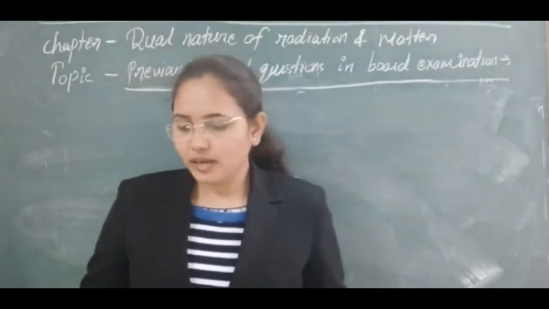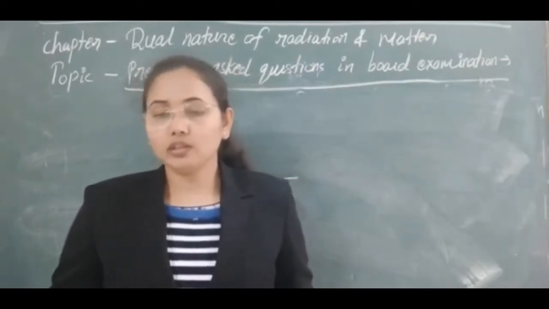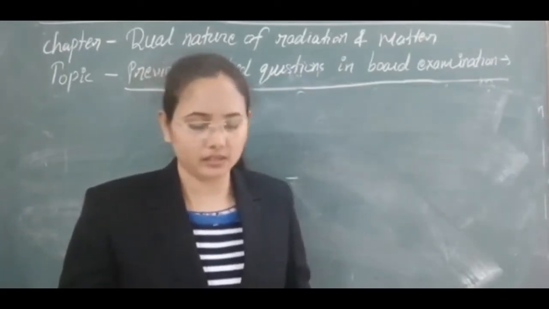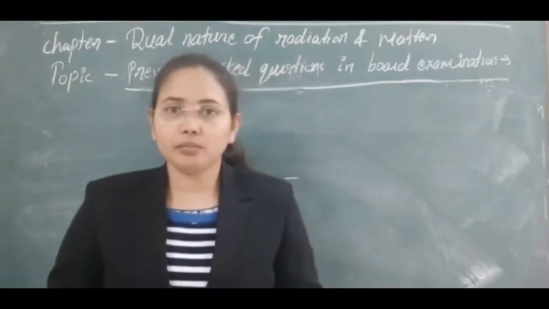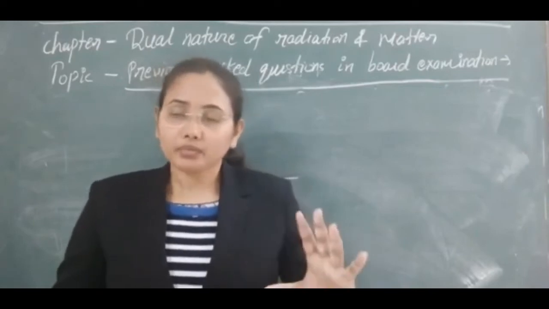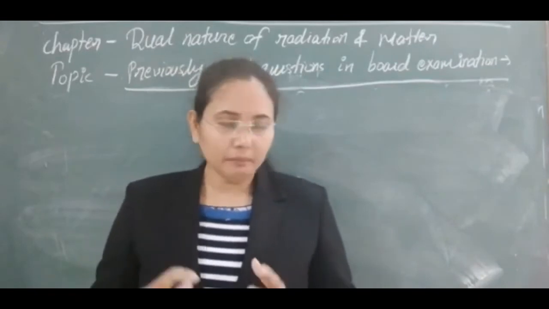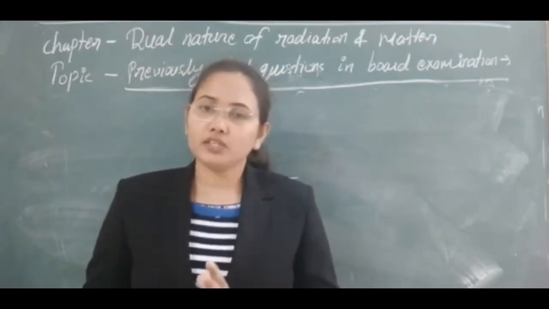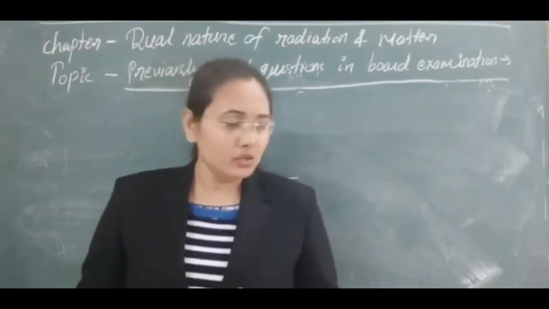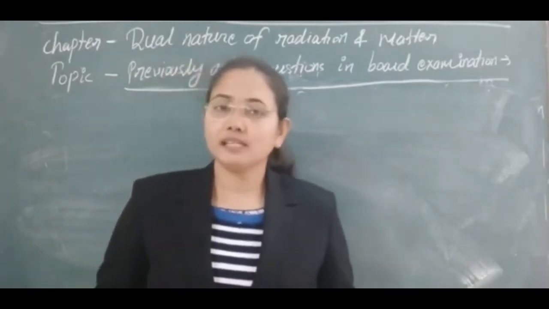Here one question is: write 3 characteristic features of photoelectric effect which cannot be explained on the basis of wave theory of light, but can be explained only using Einstein's equation. So this is also a conceptual problem. As we have discussed Einstein's photoelectric equation, with the help of that, how can we explain the laws of photoelectric emission? Here we have to mention those features which we cannot explain by using the wave concept, but we can explain by using Einstein's equation. So let's see it again.